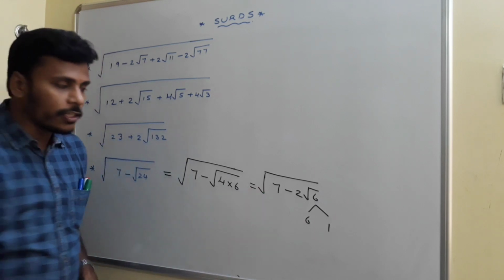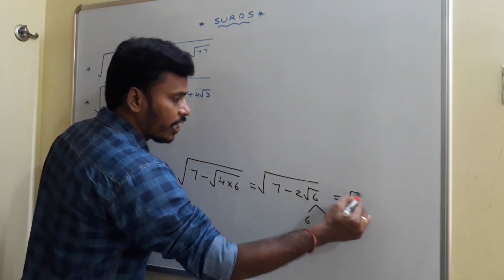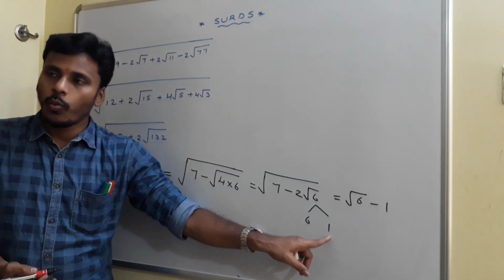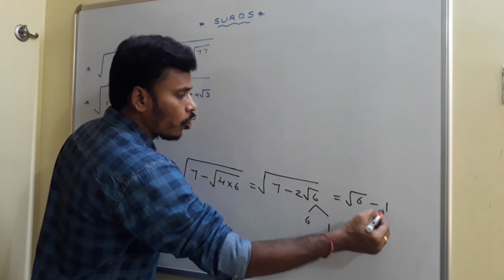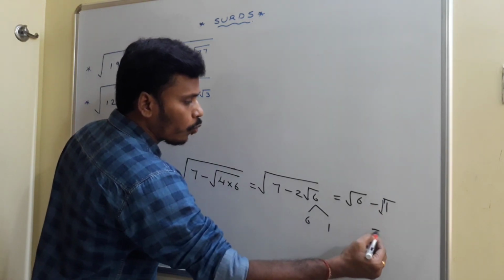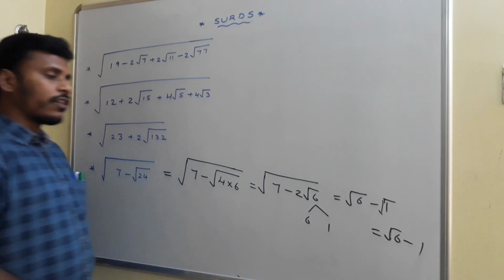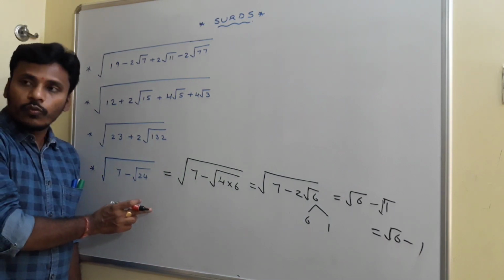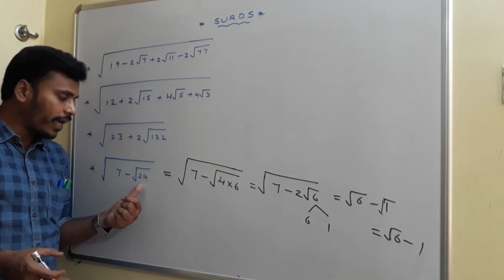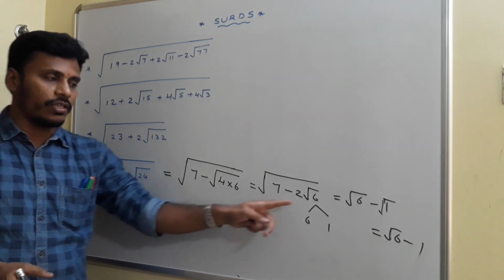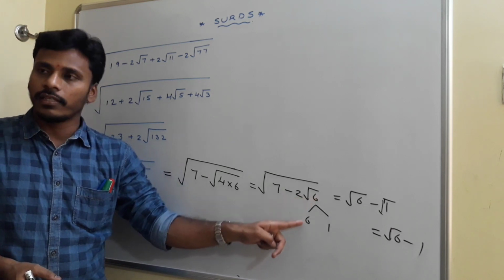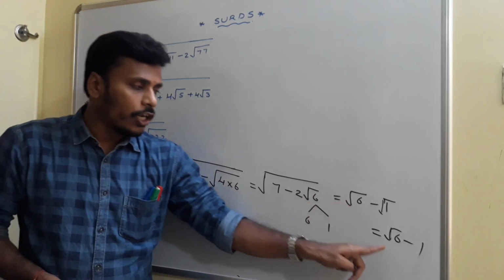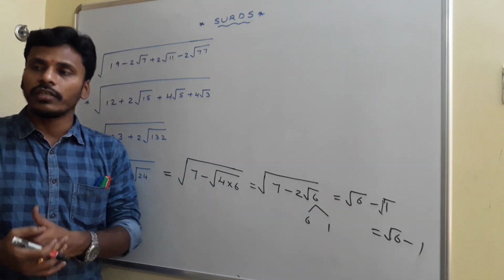Now, the square root for this problem, as with yesterday's trick, is root 6 minus 1. Is it clear? Since we have 6 and 1 in such a pair, you need to write it like this, root 6 and root 1 actually, but root 1 is nothing but 1 itself, right? So your answer for that problem is root 6 minus 1. Just have a look here, right? To find the square root for 7 minus root 24, just rewrite this root 24 as 2 root 6 and then choose the pair 6 and 1 whose product is 6 and whose summation is 7. And from here you get your answer as root 6 minus 1.